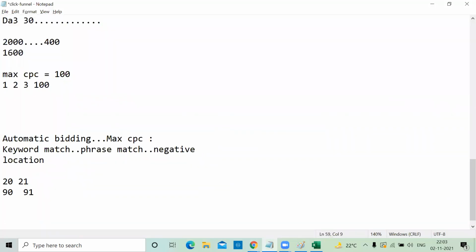Location setting, by default, your ad will appear to the people who are in the location, and who are searching for the location also. So always select the advanced location setting. Only target your ad to the same place only. This will save you money. Ad copy is very important. Make sure that the keywords you're targeting, that text should be there in your ad so that the customer thinks that this is my relevant one.